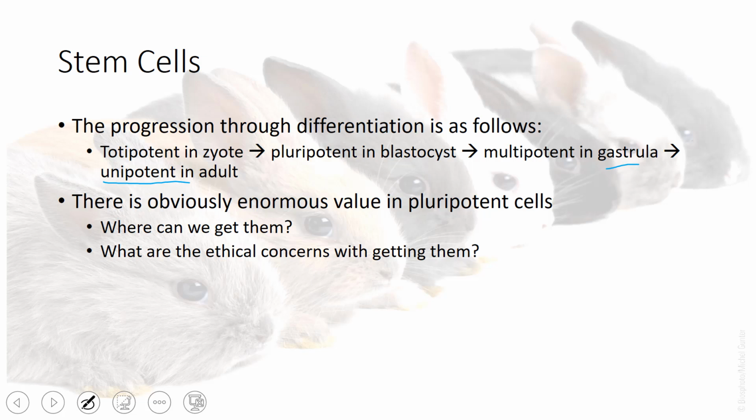And so there's obviously an enormous value in pluripotent cells that are capable of basically developing into any cell type. But we've got some issues of, well, where can we get them? And we find them in the blastocyst stage of development. So this is a very early embryo. And you obviously can't do that non-invasively, so we've got some really big ethical concerns associated with accessing these pluripotent